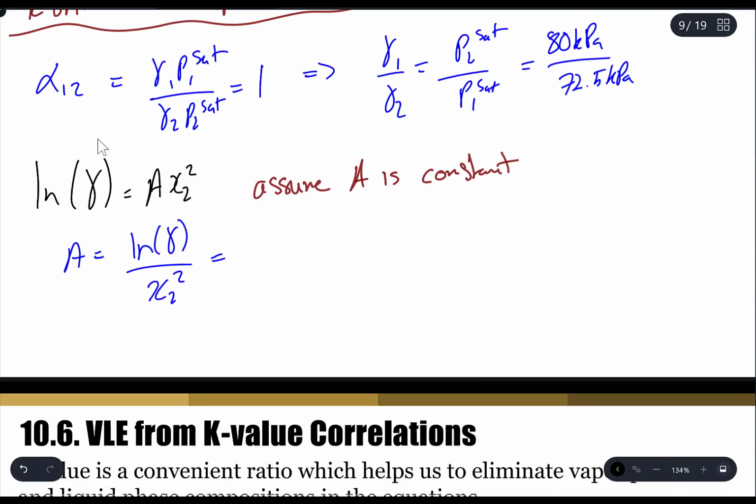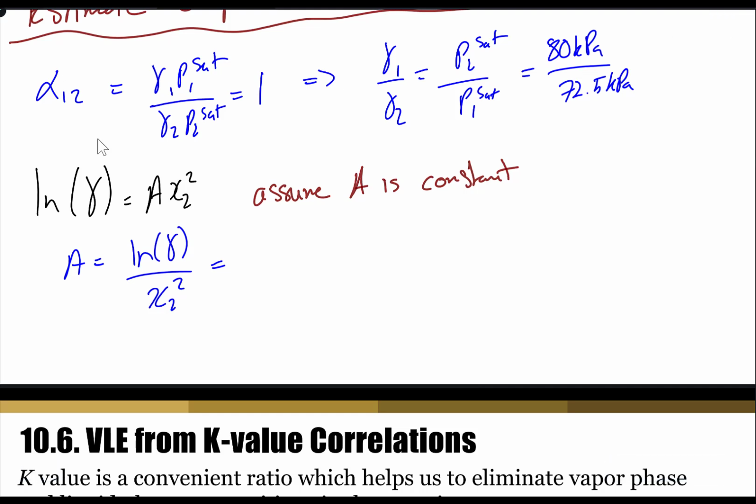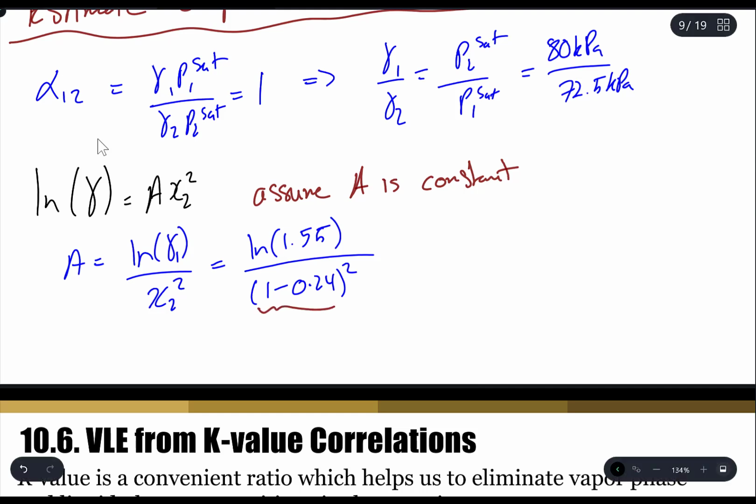So natural log 1.55 divided by x2, which is 1 minus x1. x1 in that case was 0.24, so we write 1 minus 0.24 squared. Again, this is 1 minus x1. You get the value of A to be